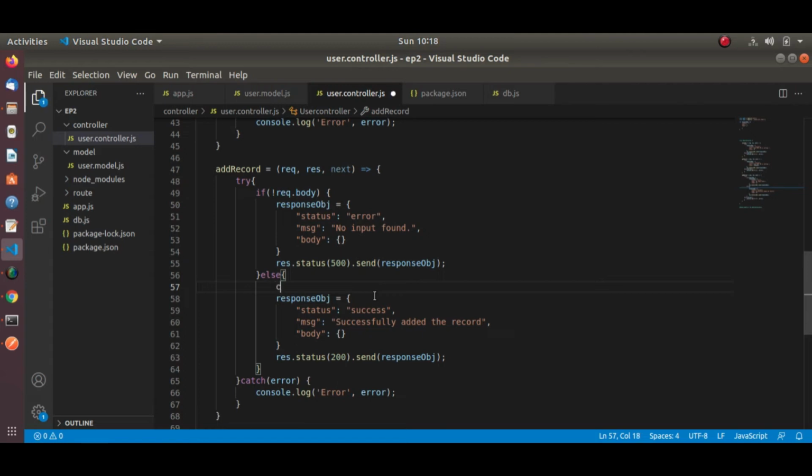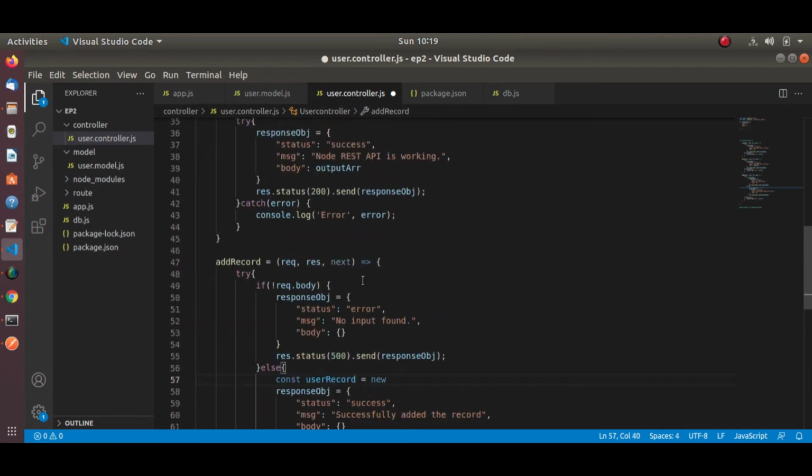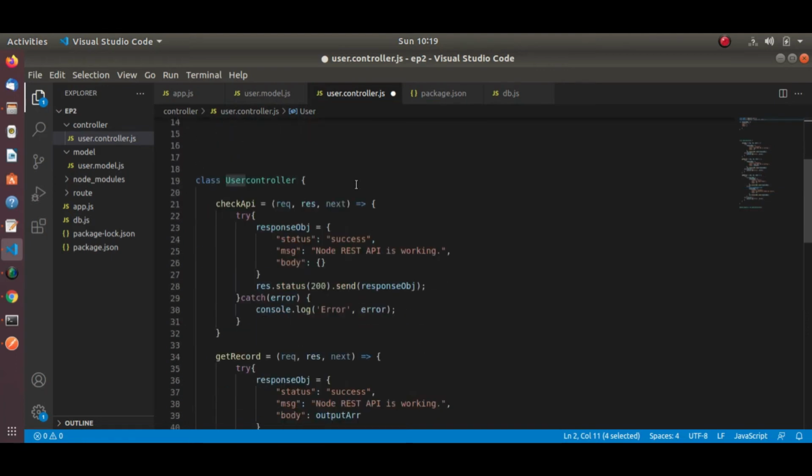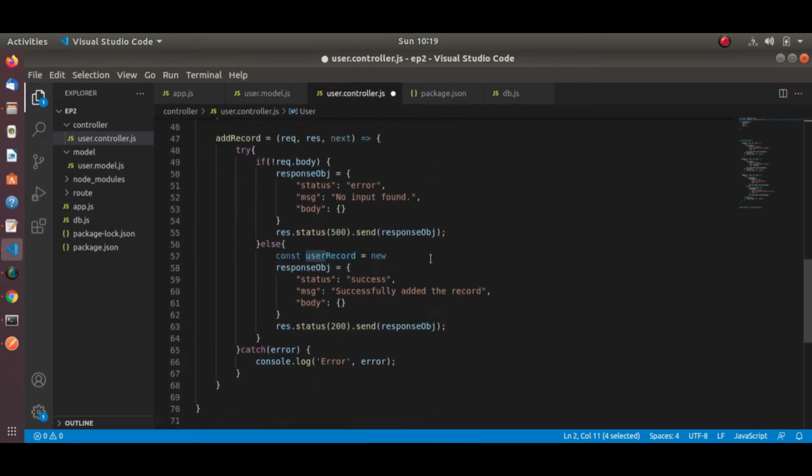For that, what we need to do, let's type const userRecord equals new user. We created one class, so inside it we can write request.body.